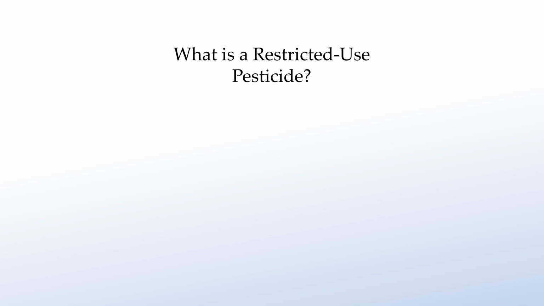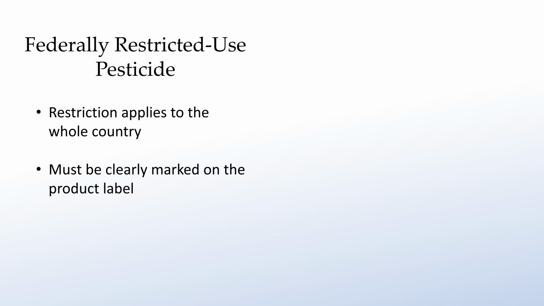First, we should explain what a restricted use pesticide is. A federally restricted use pesticide is one that has been determined by the EPA to have the potential for unreasonable adverse effects, such as acute toxicity in humans, even when applied according to label directions. These products require additional regulation to mitigate risk. Federal regulations apply throughout the entire country, and all federal restricted use products must be clearly marked as restricted use